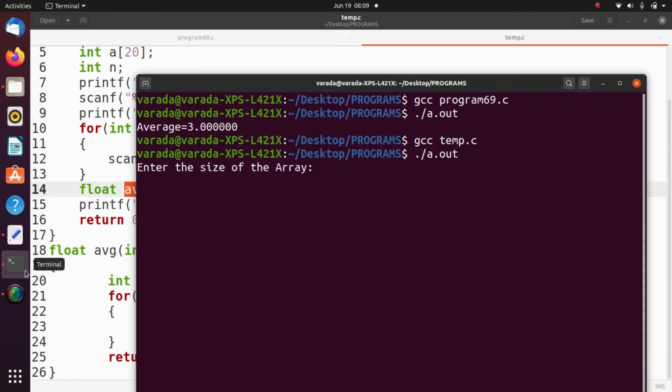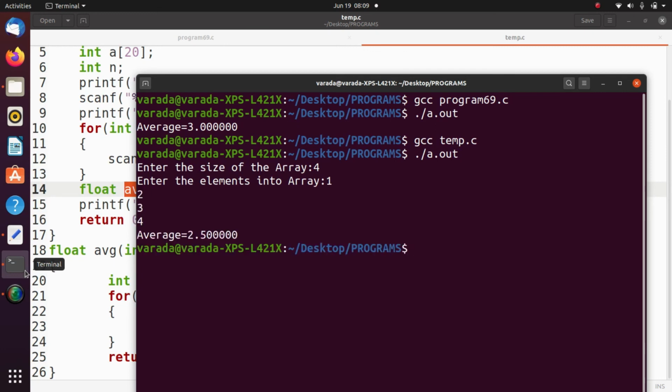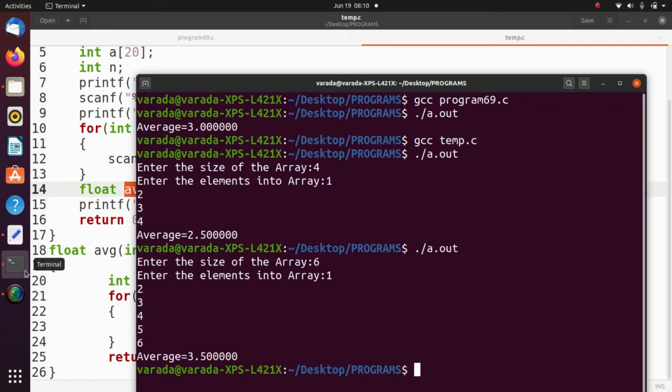Enter the size of the array. For example, I enter 4. Enter elements 1 2 3 4. So the average is 2.5. Execute one more time. Enter the size of the array. For example, I enter 6. Enter elements into the array: 1 2 3 4 5 6. Average is 3.5. Okay.